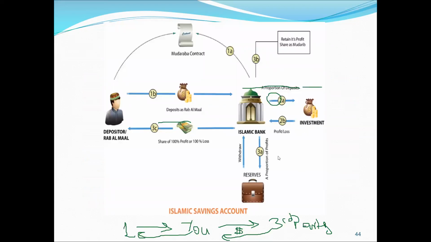You just make a contract, let's say a mudaraba contract, as I told you. You deposit money. Mudaraba is when you give your money and the bank is the expert and the full manager, he is managing your money. At the end, they share the profit or loss. And of course, if they make some profit, they share it with you, or they give you fully. It depends how you negotiate with the Islamic bank when you put your money into it. It can be 70 to 30, it can be 40 to 70.